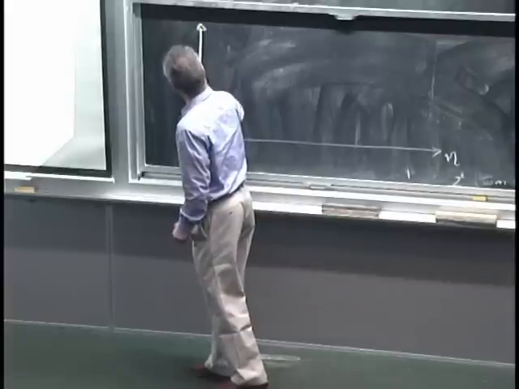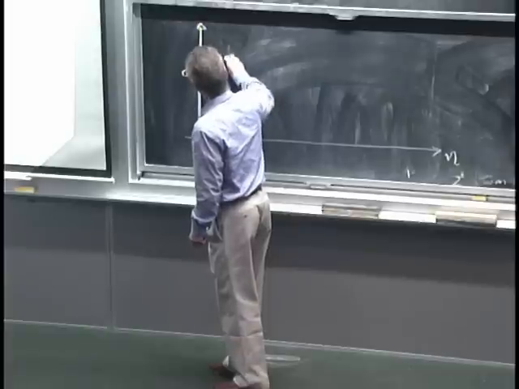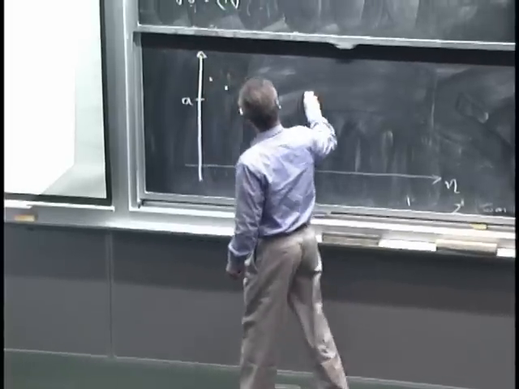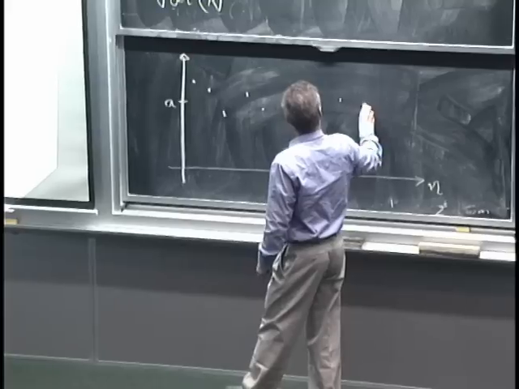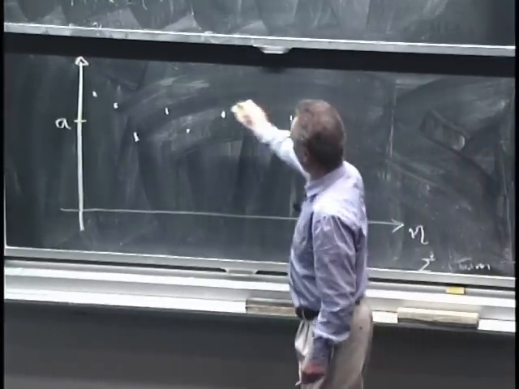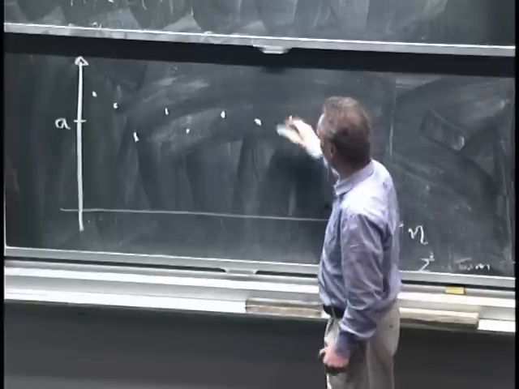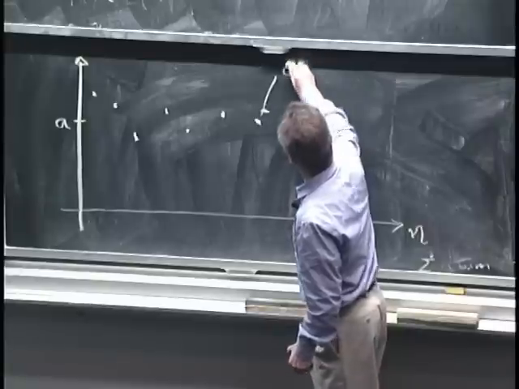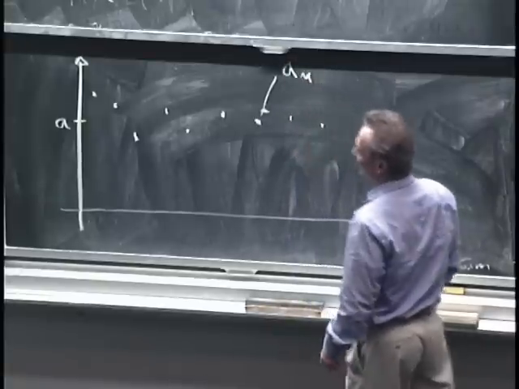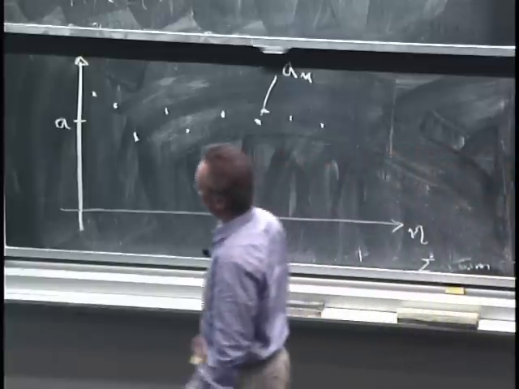So here's A. We have our sequence of values as n increases. What we mean by the sequence converging to A is that when you look at those values, they get closer and closer to A. So this value here is your typical A sub n. Okay, they get closer and closer to A, and they stay closer.